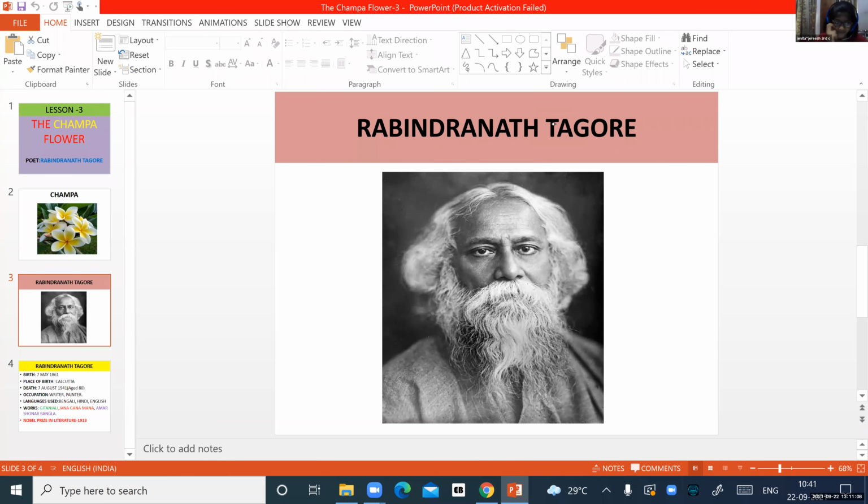When we refer to Rabindranath Tagore, we must use the word Gurudev. Gurudev Rabindranath Tagore is the poet of this beautiful poem, The Champa Flower.